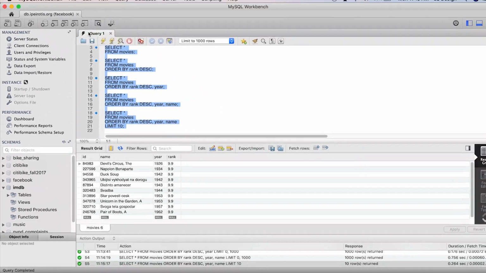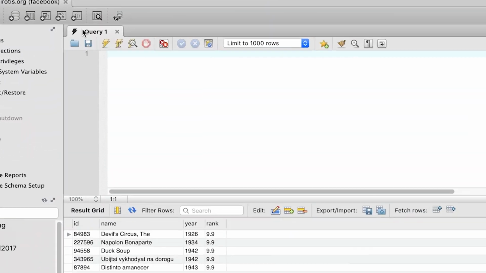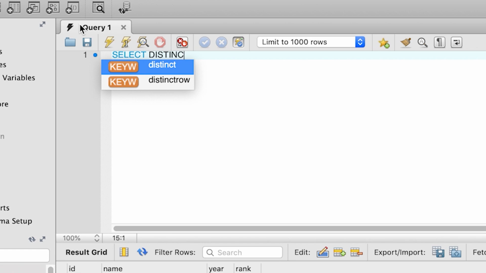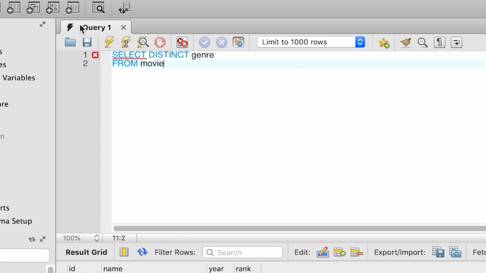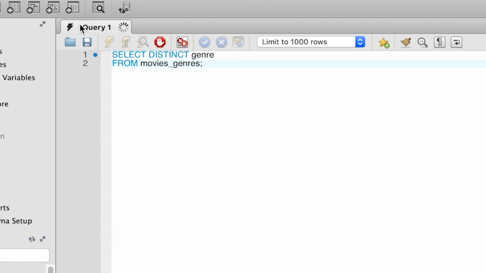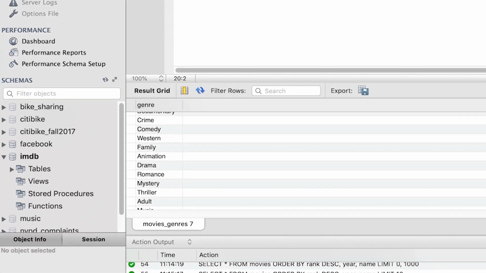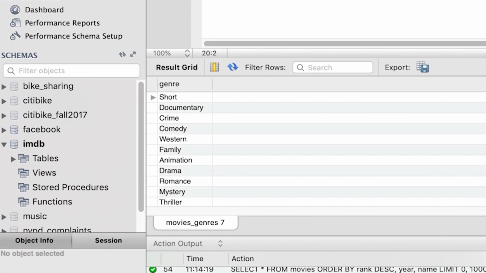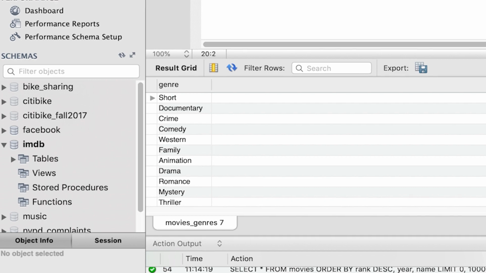Now, let's do another example. We want to get back the different movie genres that appear in the database and then order them alphabetically. Now, if you remember from our prior video, we use the following command to get back the list of genres. So select distinct genre from movies_genres, and we execute the command and notice that we get back the distinct genres, but they are unordered.